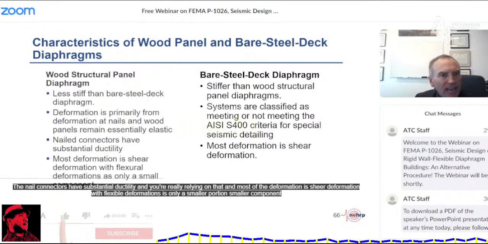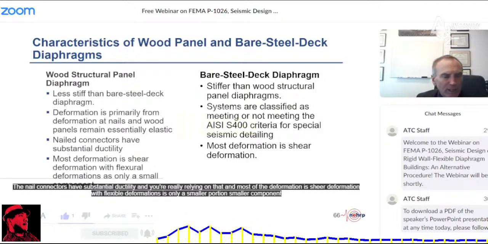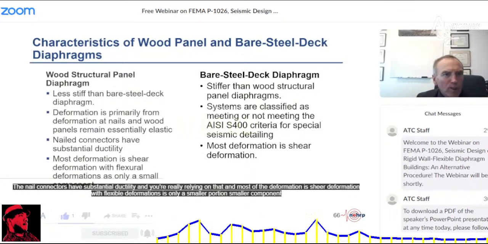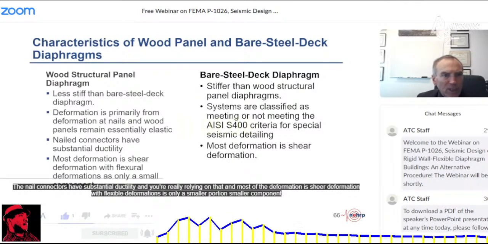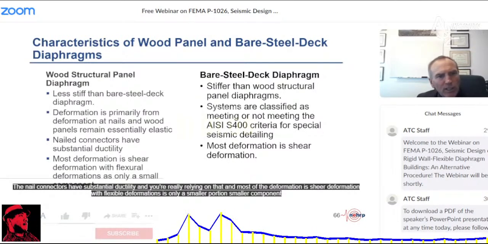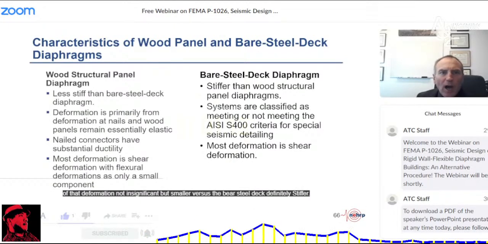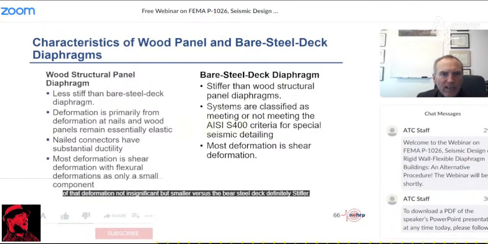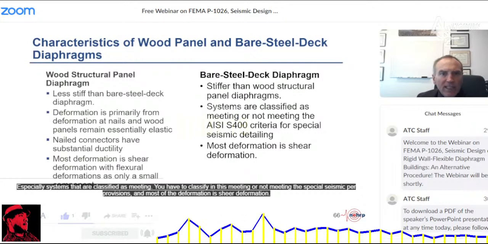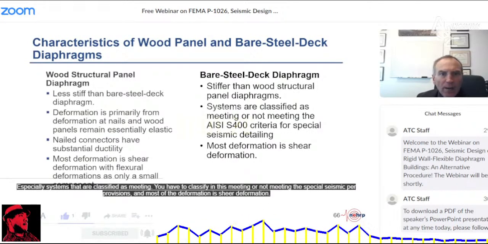The nail connectors have substantial ductility, and you're really relying on that. Most of the deformation is shear deformation, with flexural deformation only a smaller component. Not insignificant, but smaller. Versus the bare steel deck, which is definitely stiffer, especially systems that are classified as meeting